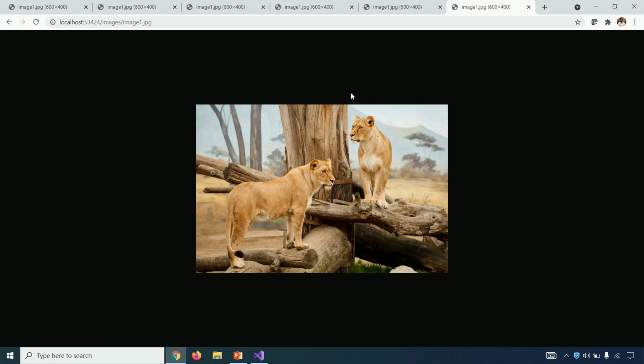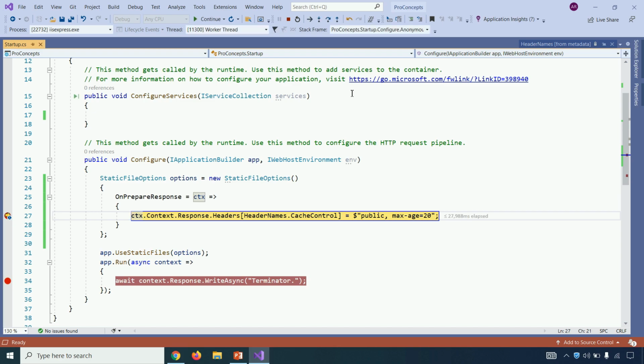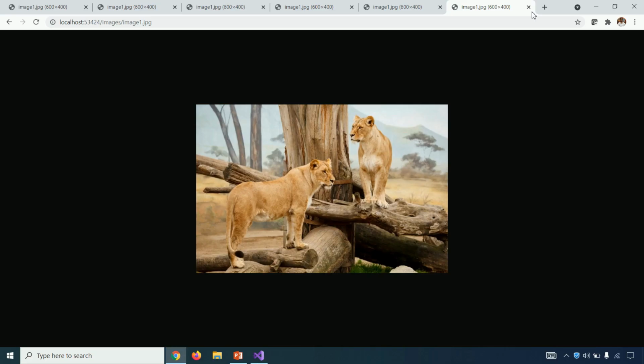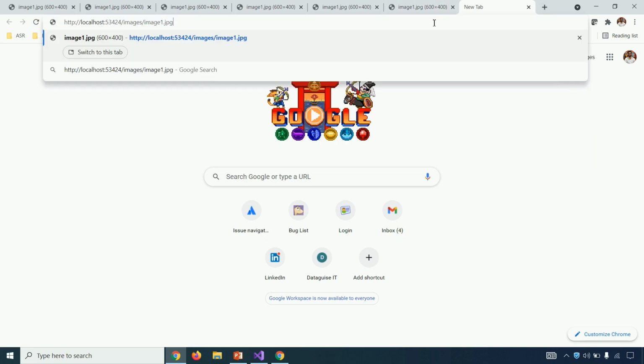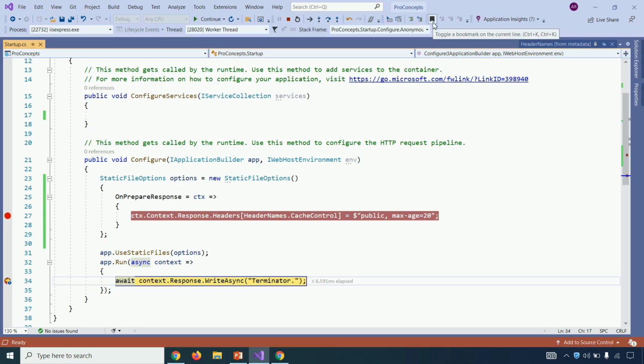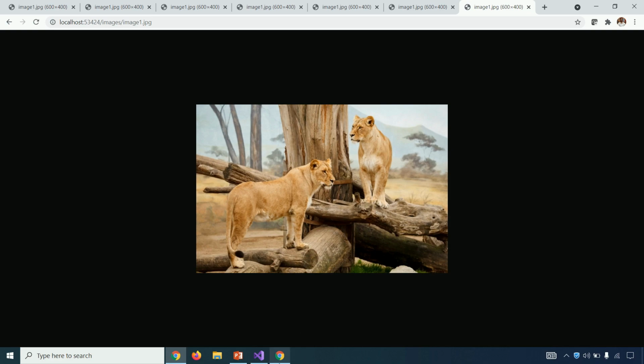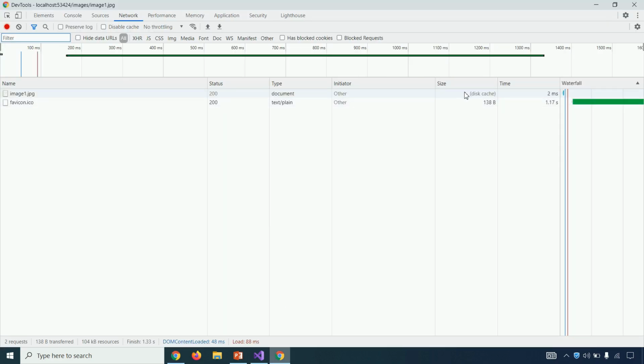And now if I check in the developer window, first press Ctrl plus F5 quickly, open a new tab, press F12 to capture the fresh request, copy and paste the URL. And now you will see, instead of size, Chrome displays disk cache. The only problem which I can see during development is that it is still sending a request, although it is not validating ETag and all. We just checked that it is not hitting both the debuggers.